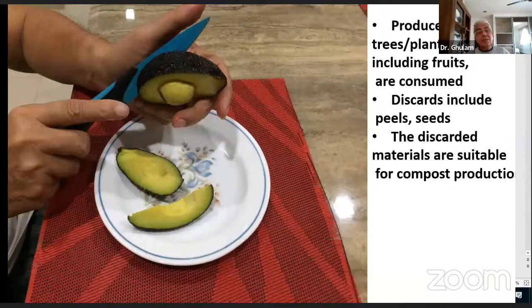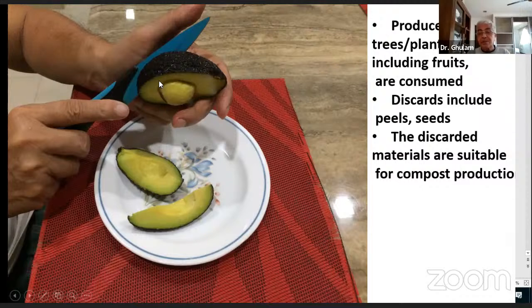And again, as I mentioned earlier several times, when you grow something, either in your farm, in your backyard, or in your plantation, actually you want to harvest something. You want to eat the fruit, or you want to extract oil from it, or you want to extract latex or whatever. So when you harvest a fruit, for example, you eat the fleshy part, but some of the other parts are not